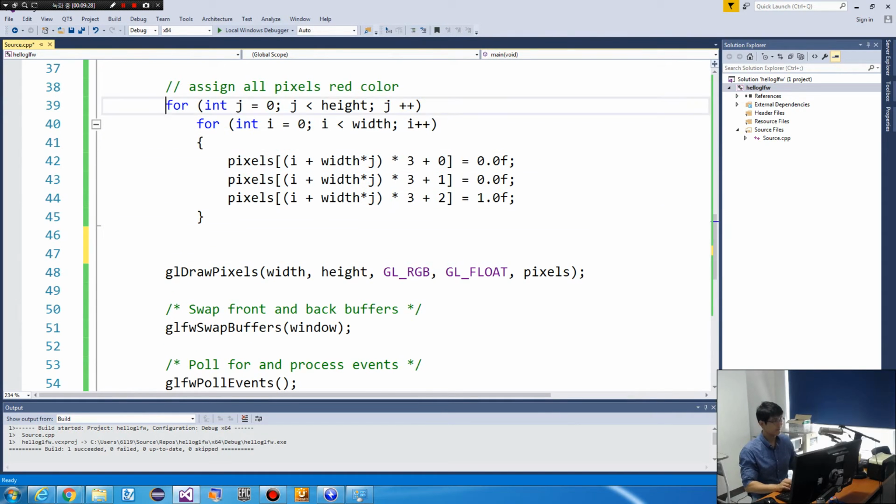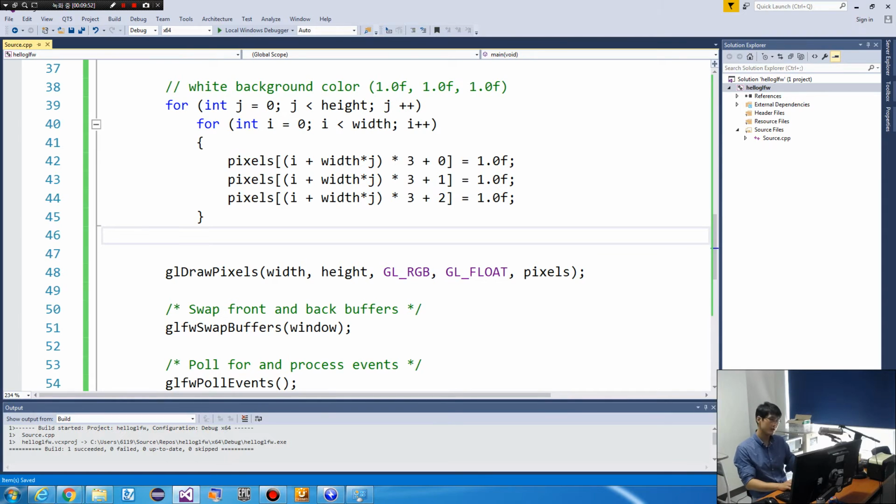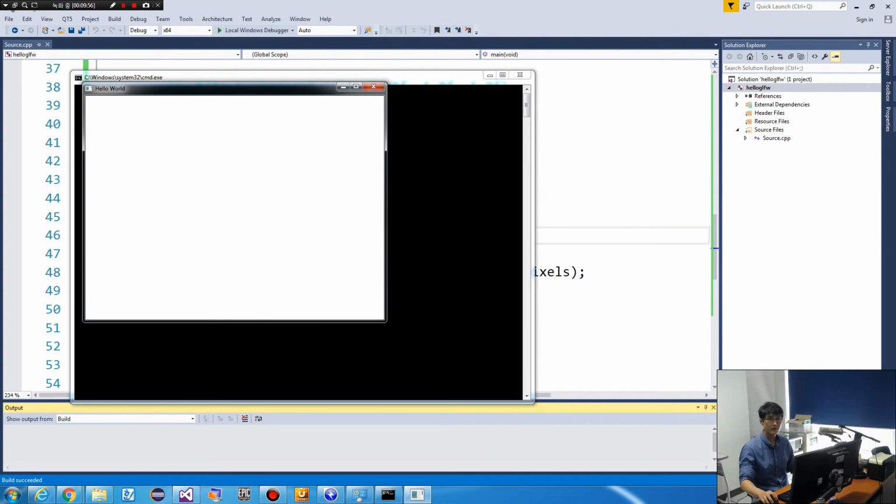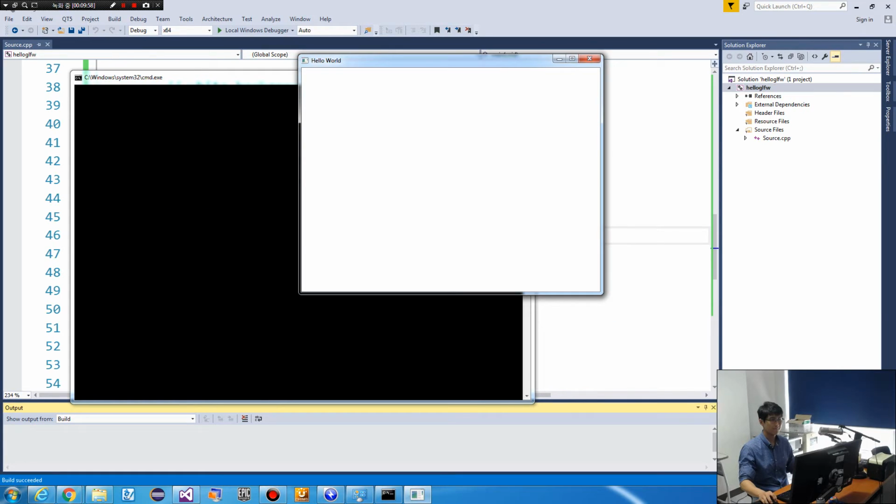So let's use a white background. The color means 1, 1, 1. This is white color. Okay, so we have a white background like this one.